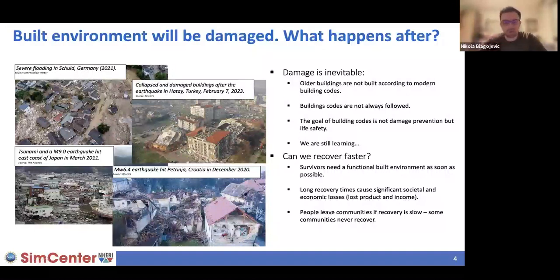So even though we try hard to engineer our structures to be robust to various disastrous events, we still experience damage. And what we are now thinking about is, okay, damage is obviously inevitable right now, but how can we then reduce disaster losses? So what we can do, we can start focusing on recovery. So we have to accept that a certain level of damage is going to occur, but we can start designing our built environment to be able to quickly recover following these disasters and this damage that's going to be there.